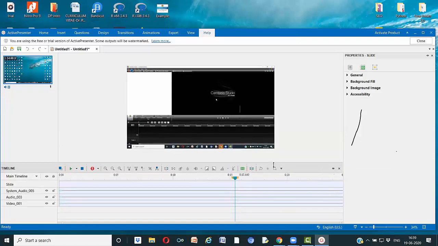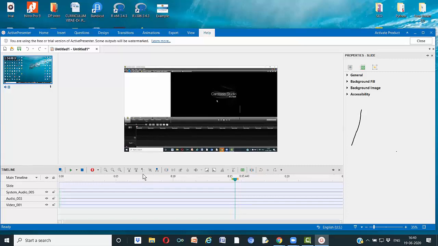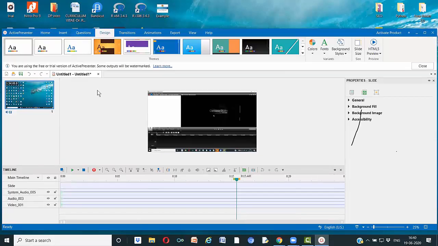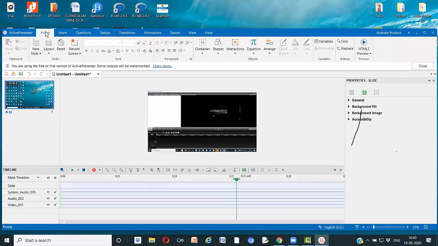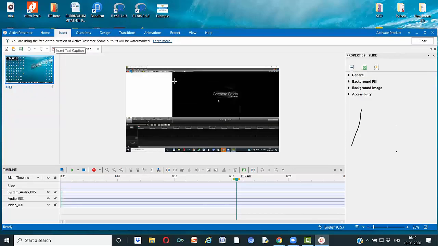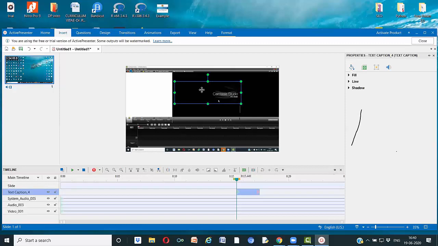But I found the buttons here a little bit small. If you have an eyesight problem, it is very difficult to see. I was not able to locate where is what earlier. Now, there are many options in this particular software. You can do a lot of things. If I want to write a text on this, I'll click here and write it here.